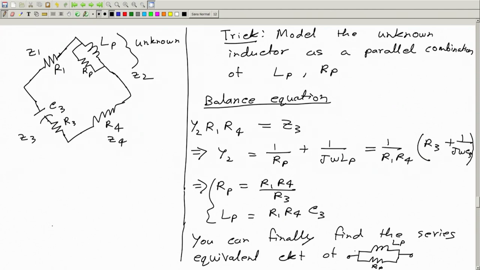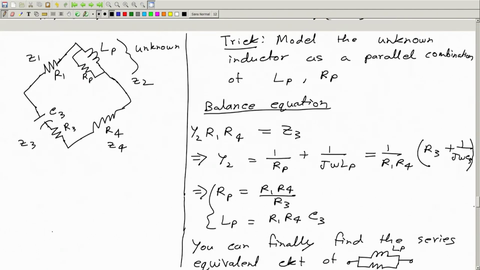That trick we have seen yesterday, how to convert a parallel RL combination into its series equivalent or a series combination into its parallel equivalent. Okay. So, this is called Hay bridge,